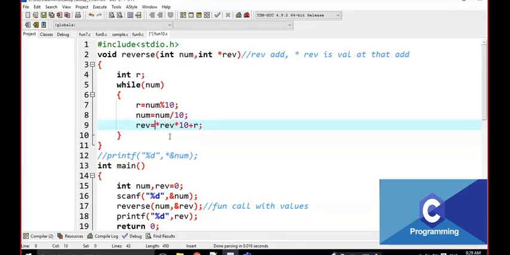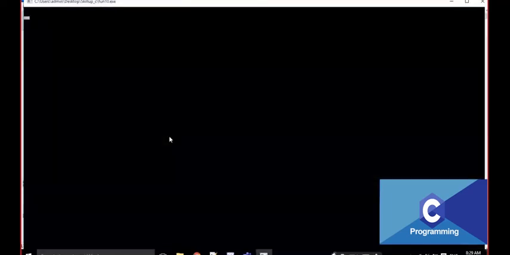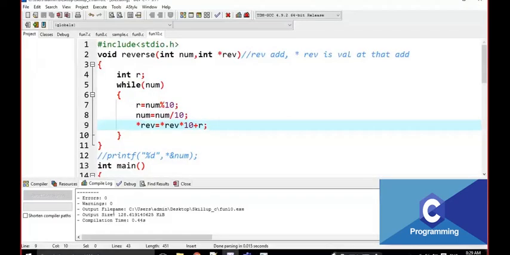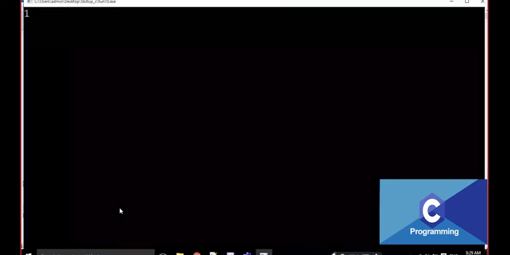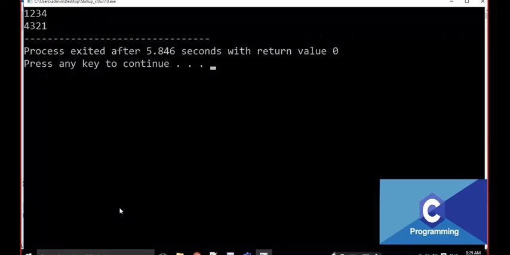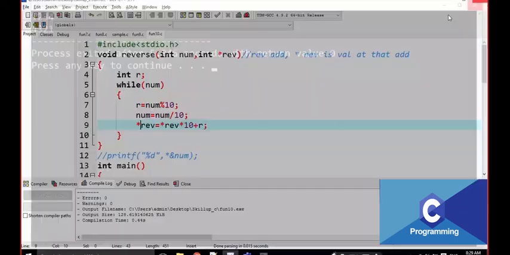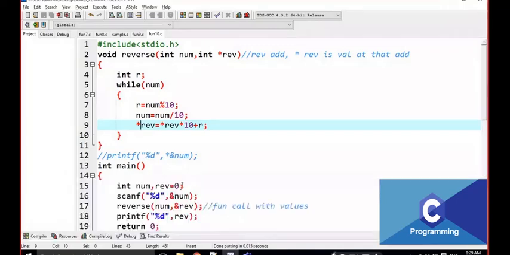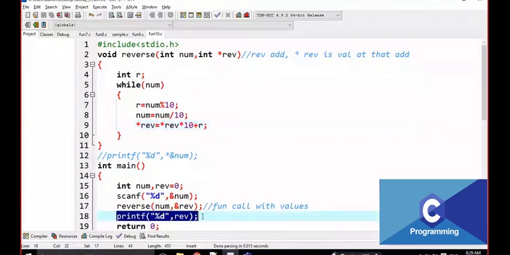For example, if I write like this, that means this is the value. If I execute it, there are no errors here. The output is 4, 3, 2, 1. Here I am not modifying any value. Just observe, I am not returning any value, but the value is printed here.